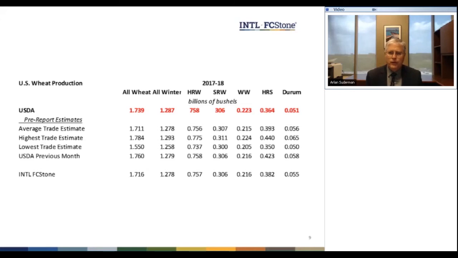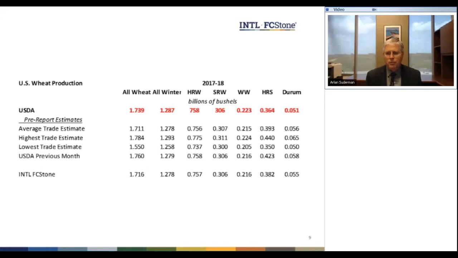Hard red spring wheat, now this is a critical market where we saw the big movement, and we may see more movement on September 30th. Don't look for any real move in the September WASDE report. USDA is expected to wait until the September 30th small grain summary before it makes additional adjustments. USDA dropped about 60 million bushels off the hard red spring crop in this report, down to 364 million.